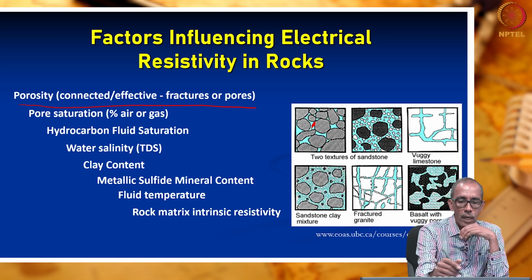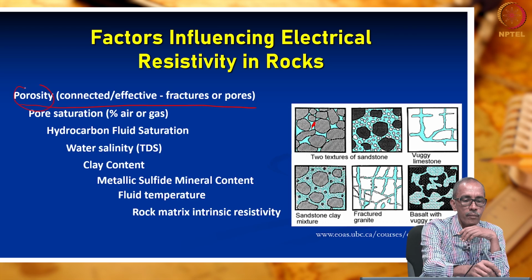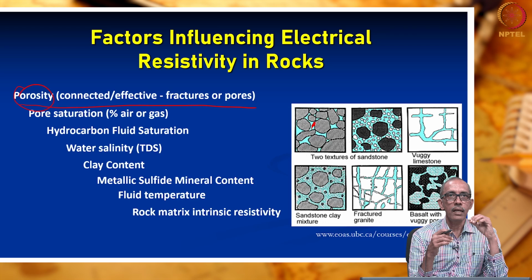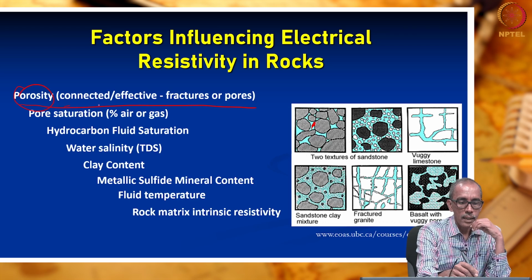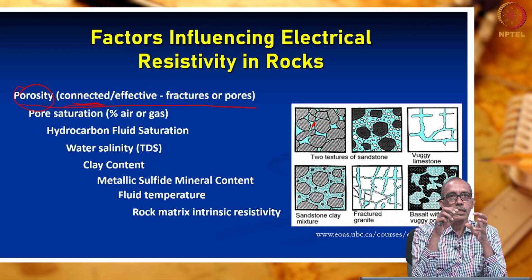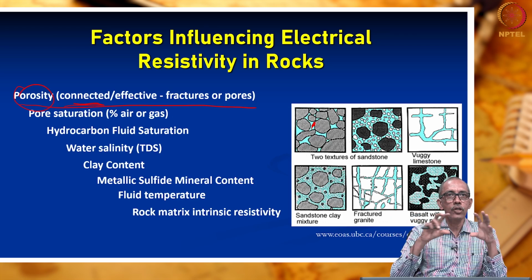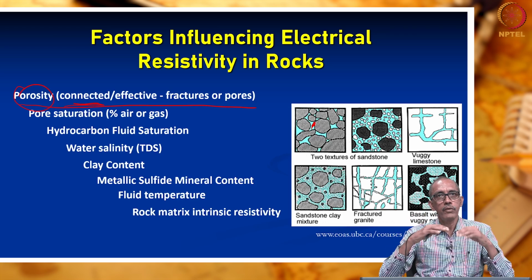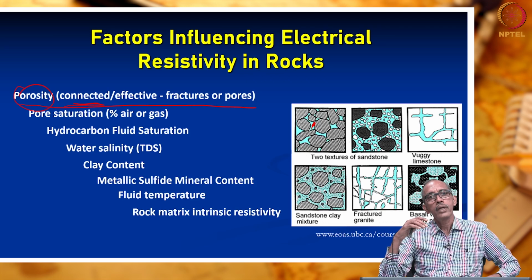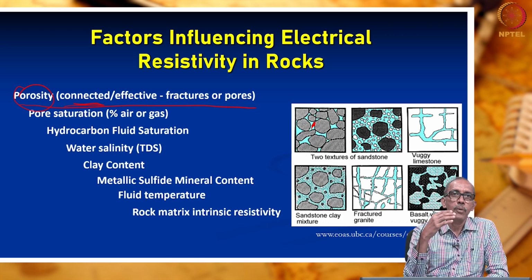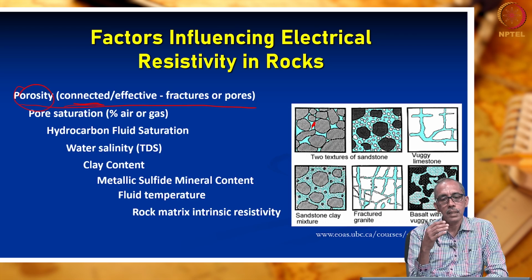Thus, porosity is one of the important factors that control the resistivity. Further, whether the pores are connected. When the pores are connected, what happens? Fluid will flow and occupy almost all the pores, at least partly. When the fluid occupies part of the pores, resistivity goes down. So, by making the measurement of resistivity or apparent resistivity, we can understand about the porosity of the subsurface formations.